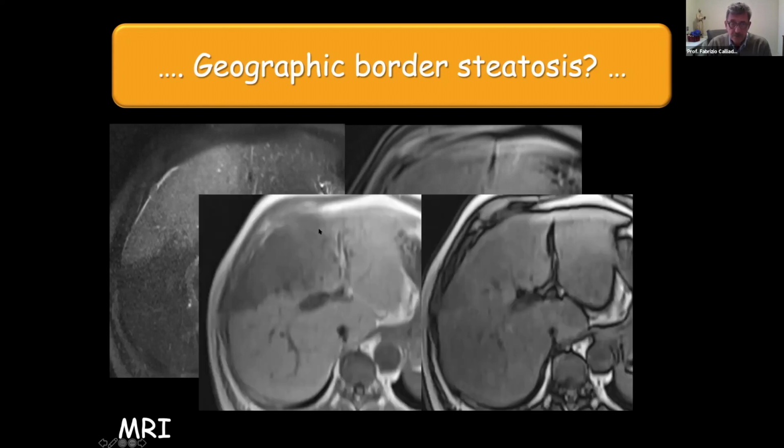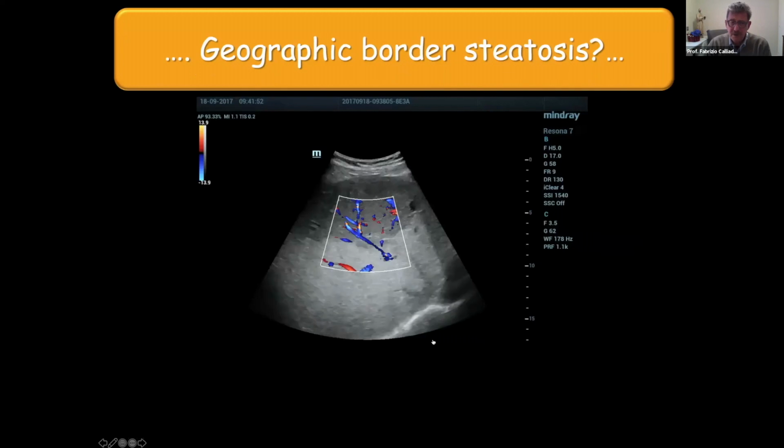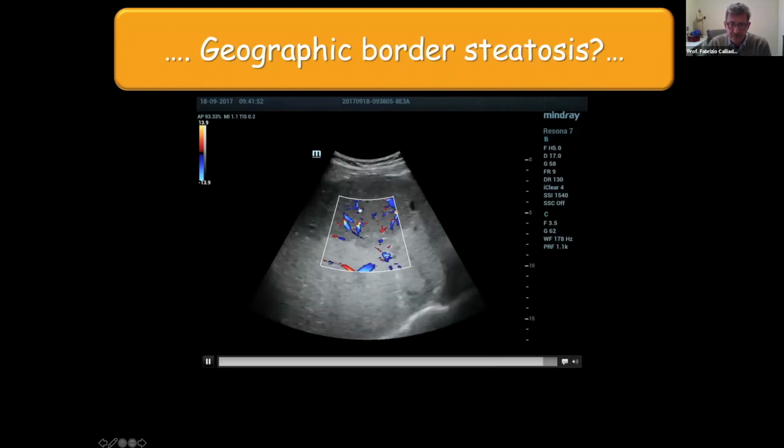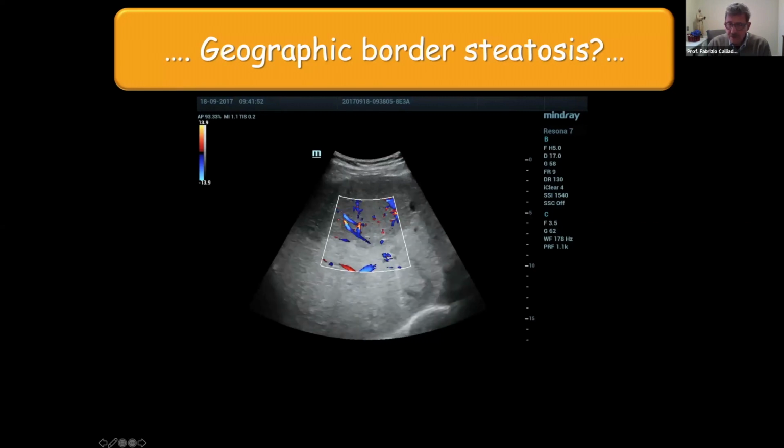Look, this is in phase, out of phase. So the idea was still there, but the color in this case is more helpful because there is some kind of restriction of the vessel inside this area. So we are thinking probably it's not really an area with a different amount of fat, but should be a lesion. And for that reason we have done